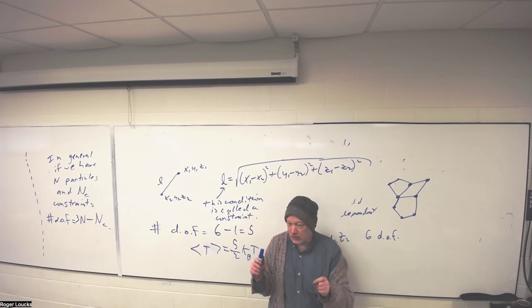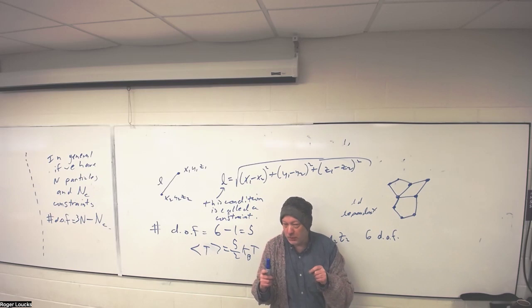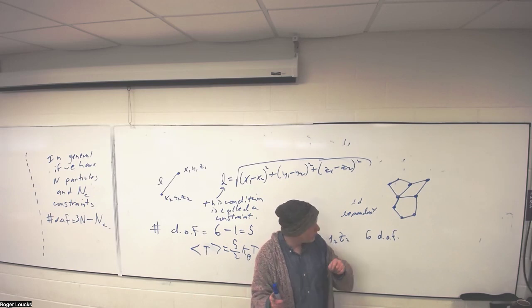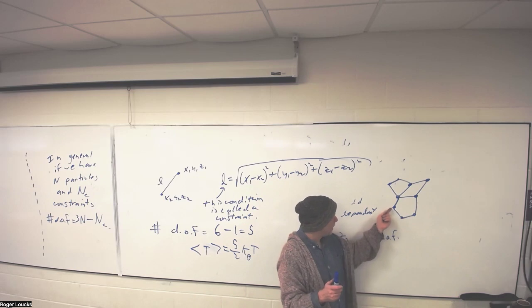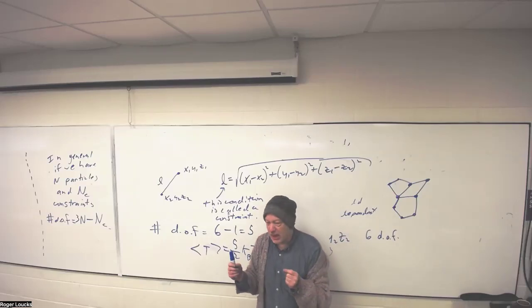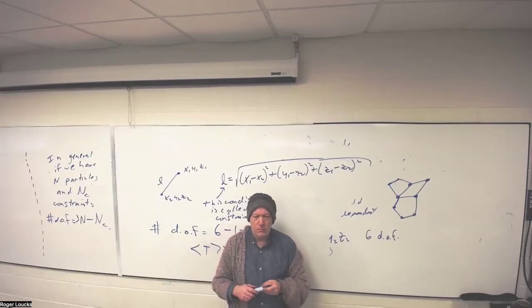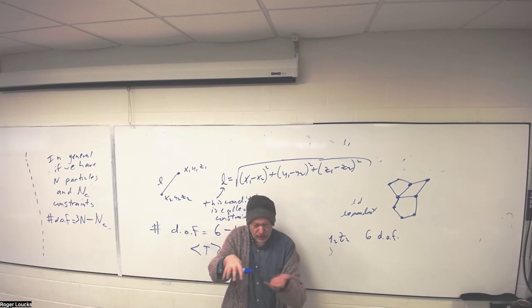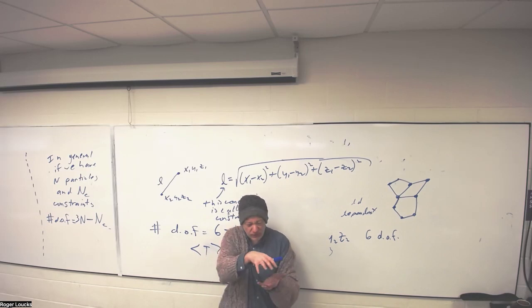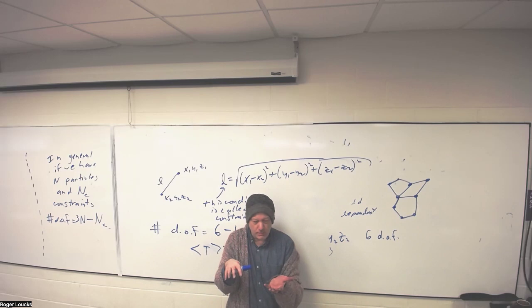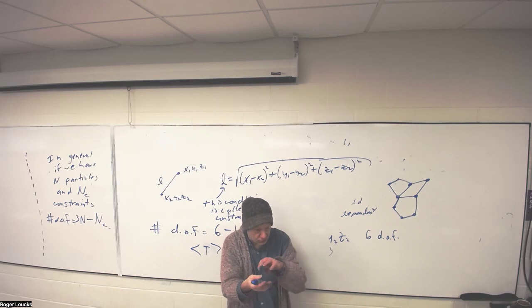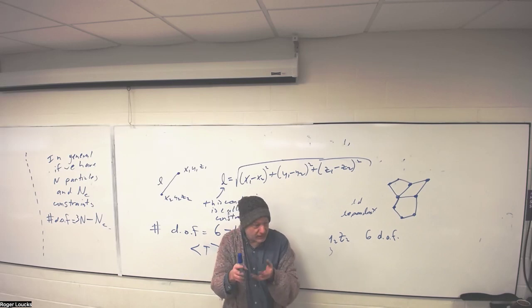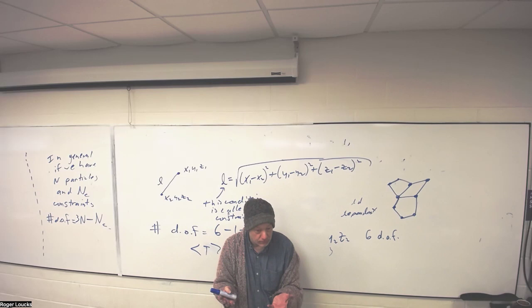is there some condition we can look at where you're going to actually have a really good glass former? So what would happen if we had a whole bunch of degrees of freedom, but we didn't have a lot of constraints? What could that system do? It could really slosh around a lot. If something could slosh around a lot, what could actually happen? It might crystallize, because it could come into some arrangement and form a crystal. So that could crystallize quite easily.